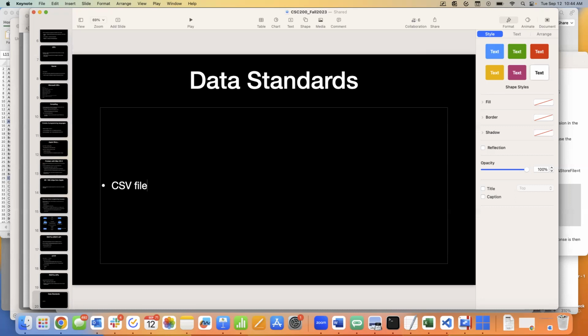And usually the very first thing in a CSV file tells you what all the field headers are, so then you know how many things are in each row. If there's 10 things for the field headers, that means that every 10 elements separated by commas is a row. Then you go down to the next row, next row, next row. So that's how it's reading in that data. But it's just a bunch of data that's separated by commas.